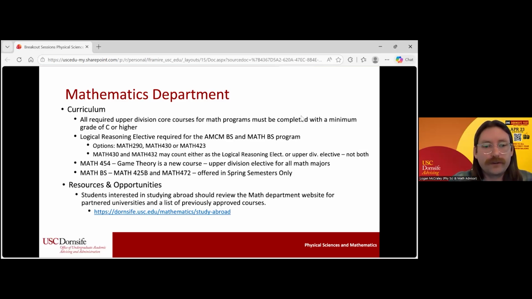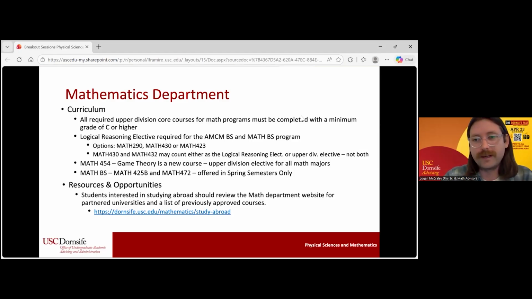Next, we'd like to highlight some research and opportunities. Students who are interested in studying abroad, we have a really great website for that. This is a really great option for students to take and fulfill courses outside of USC. So you can look at universities that the math department has partnered with in the past, and look at previously approved courses too.